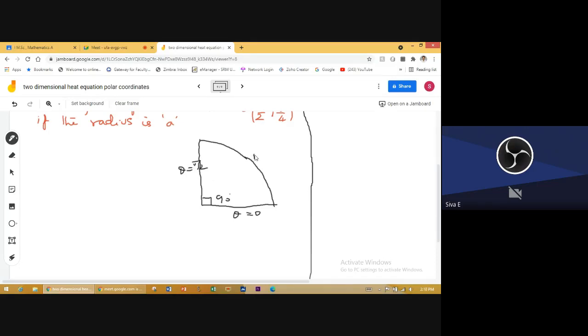So what is the temperature of the plate here? It is some f of theta. At theta equal to 0 and theta equal to pi by 2, the temperature is 0. So the boundary conditions are